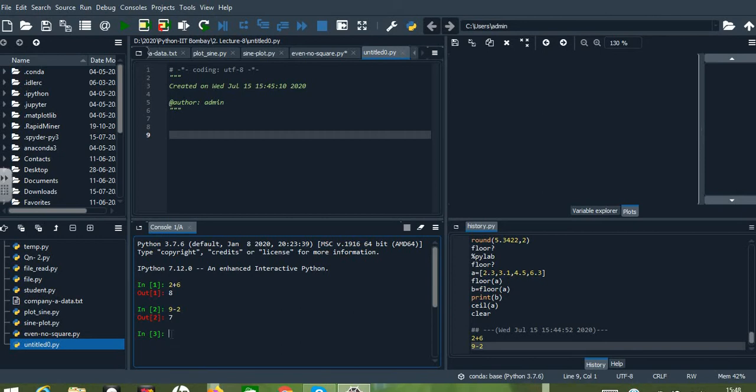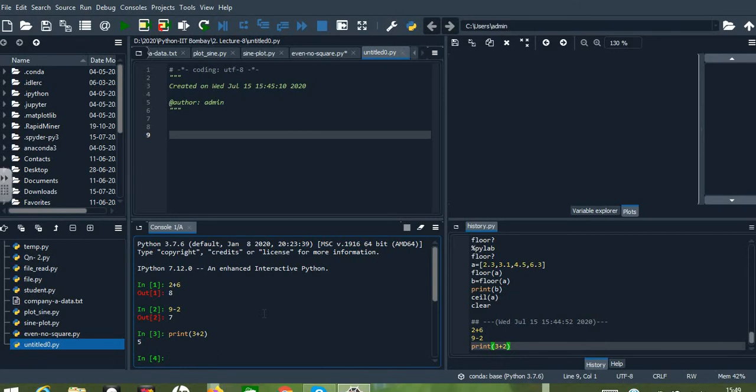In Python we use the print command, like print. Within this print I'm giving some value like 3 plus 2. If I press enter, the addition of these numbers will be printed on the screen. Next I can go for printing some strings also.